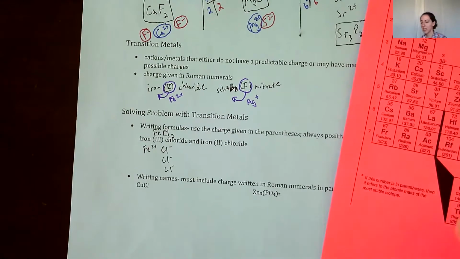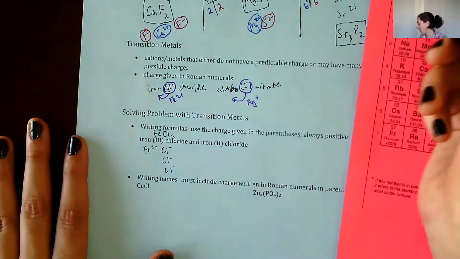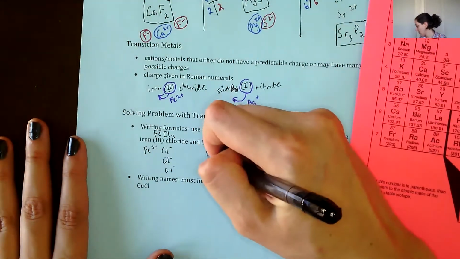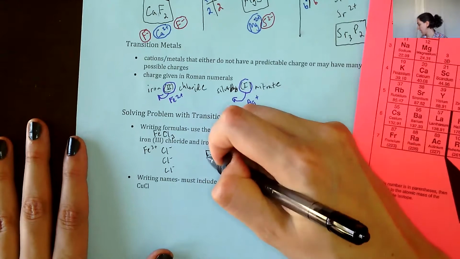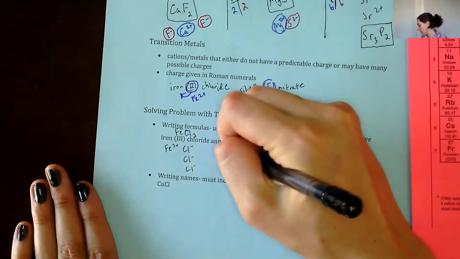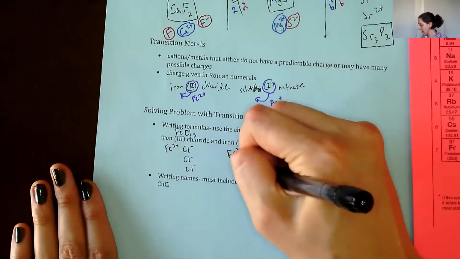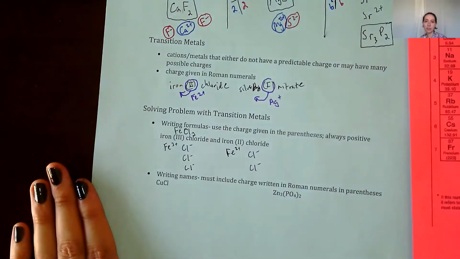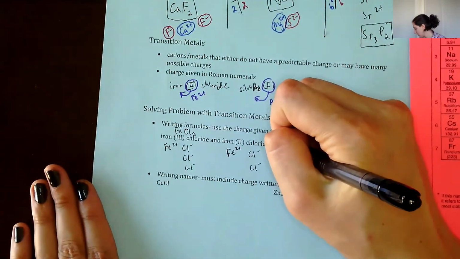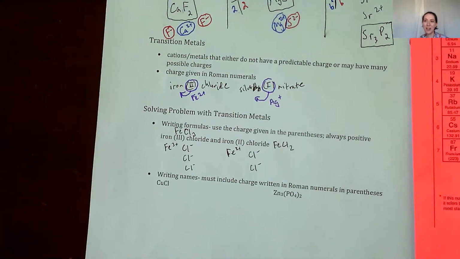Not too bad, right? Okay, how about iron 2 chloride? Well, in this case, it's the same thing to start. We've got iron. If we look at the periodic table, there's really no way of predicting what it is because we didn't write anything at the top, because transition metals are weird. However, the 2 means that it's 2+. Chlorine is still -1. It looks like this time it will only take 2 chlorines to neutralize it. So this formula is going to be FeCl2, right? Okay, so